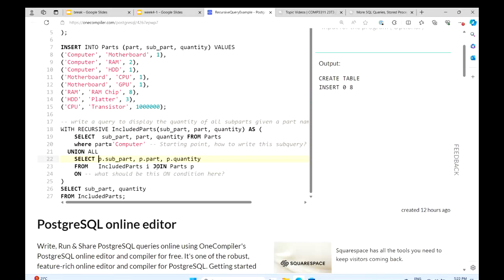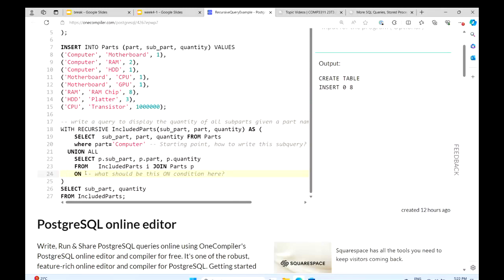This is the temporary table we have, and we need to grab some more data from the parts table. We need to include more data. And what's the condition here we should have? How do we determine if a piece of data should be included?